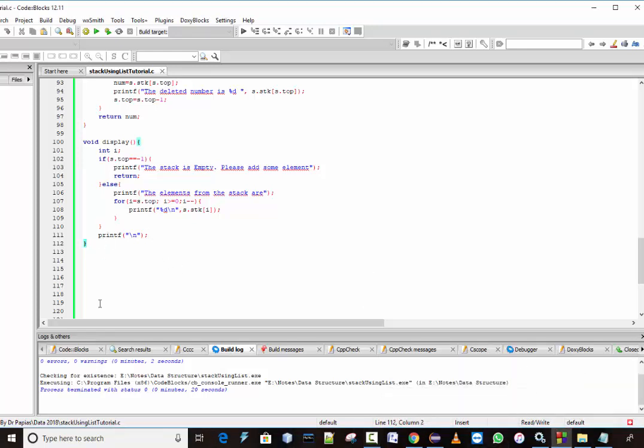Then the last function that we're going to be writing is top, which is a void top. Then my top will be